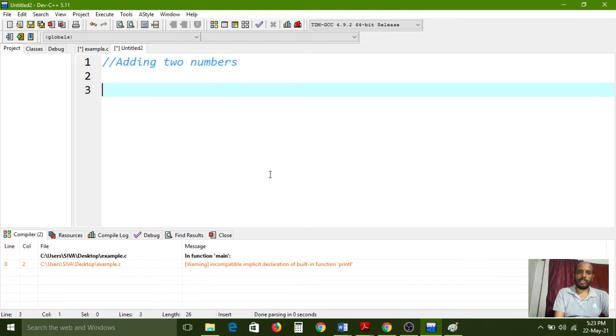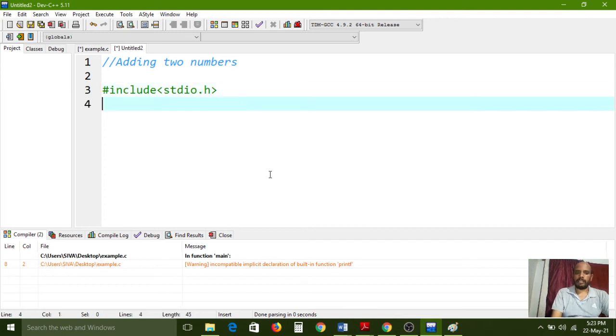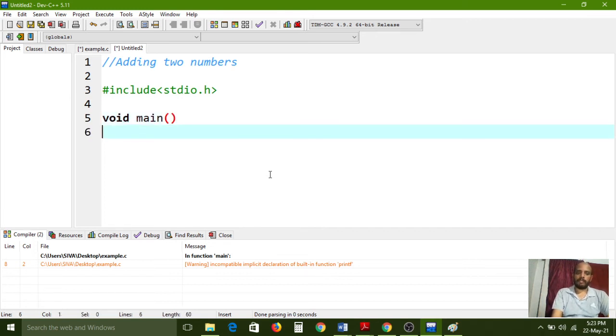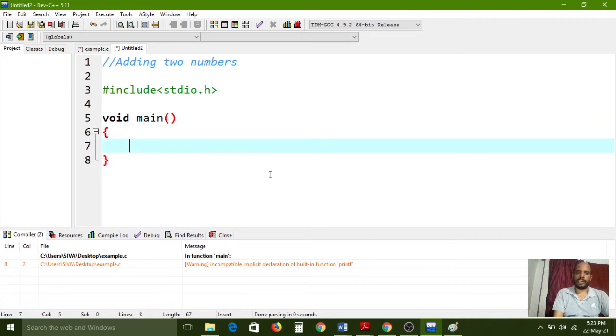After that we need to link one header file, so for that we use the #include preprocessor directive. stdio.h is the predefined library, and I am using the main function, with opening and closing brackets.